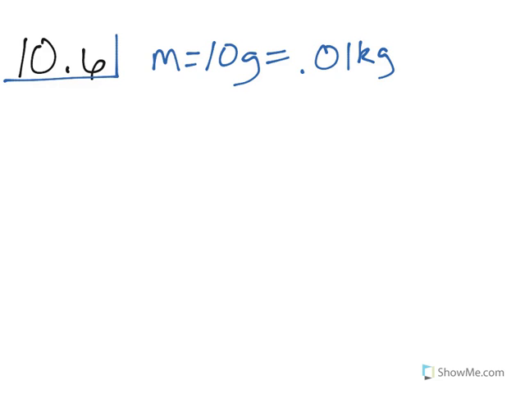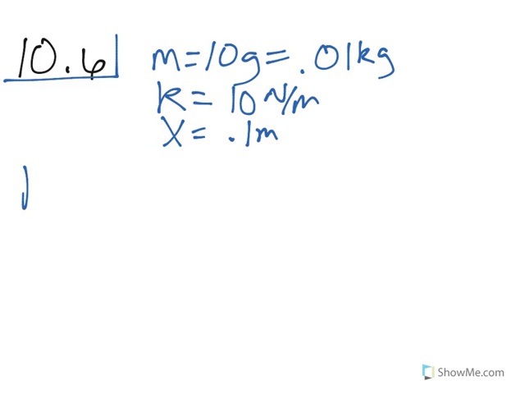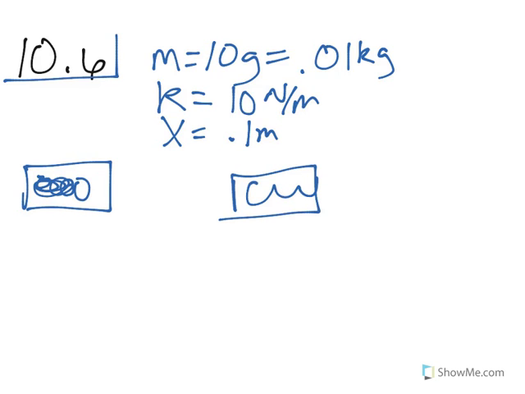The spring has a spring constant of 10 Newton meters and is compressed a distance of 10 centimeters. But we can't just leave it like that. We have to change it to meters, so it's 0.1 meters. When the trigger is pulled, the spring is released and shoots the ball back out. What is the ball's speed as it leaves the barrel? Again, we've got originally a scrunched up spring and ball, and then in the second scenario an unscrunched up spring